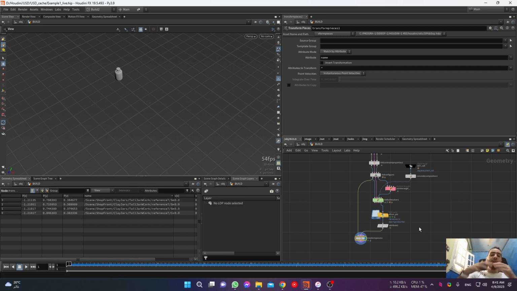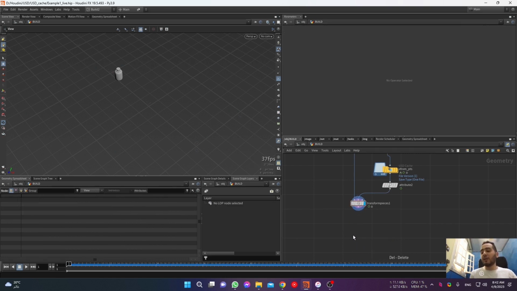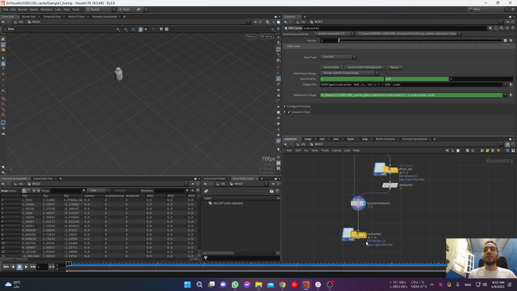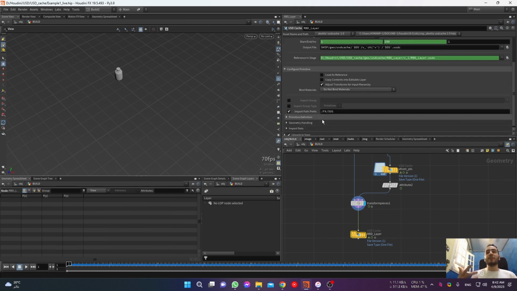Okay, I need to return this mesh back to stage. So I can make here a null and type it like this. I can make use of the hash again. So this layer will store our fracture geometry and transformation data we created. Okay, let's say RBD layer. And we need to configure the